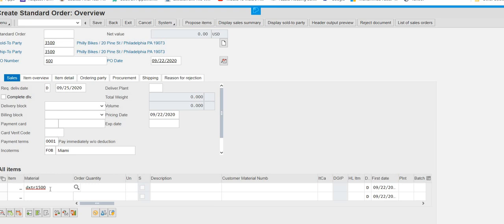So we put in this item detail, and then we have to enter the quantity. For this material DXTR1500, what quantity do we have to enter? The quantity is 5. It is again given in the exercise.